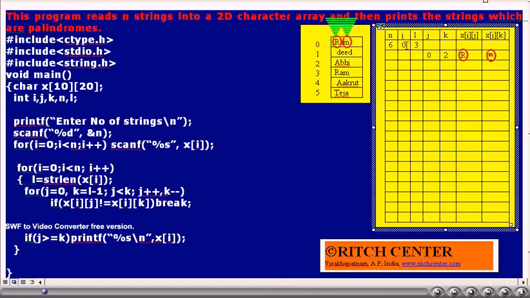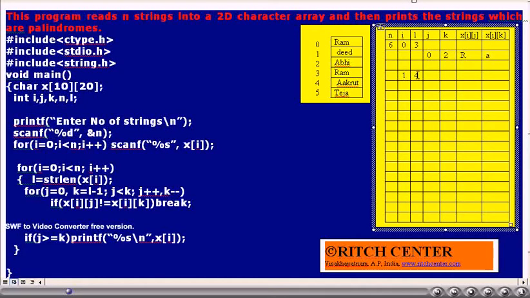No. Thus, the string x of i, RAM, is not a palindrome. i value is incremented by 1. Is i less than n? Yes. Thus, the outer for loop is going to get executed once more.